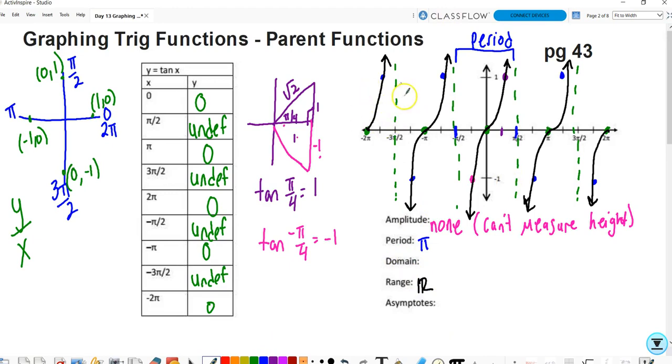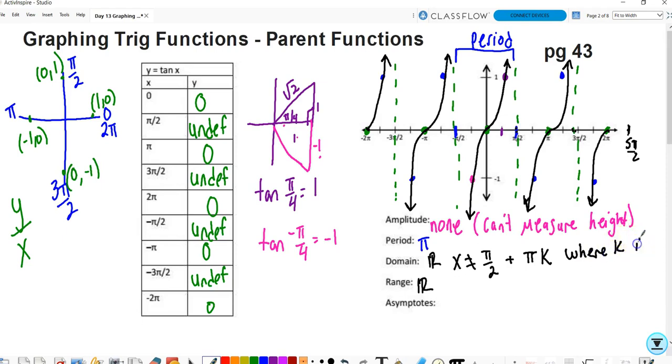So here's how we're going to do domain. These vertical asymptotes will keep repeating at every pi over 2. So this was 1 pi over 2, 3 pi over 2. The next one would be 5 pi over 2. So here's how we can write that. The domain is all real numbers, but x cannot be pi over 2, because that's this first one. Plus, they repeat every pi, but it's every multiple of pi. So if I'm here, this is 1 pi away. Then it's another 2 pi away, because it's 1 pi plus another pi. And we're going to say where